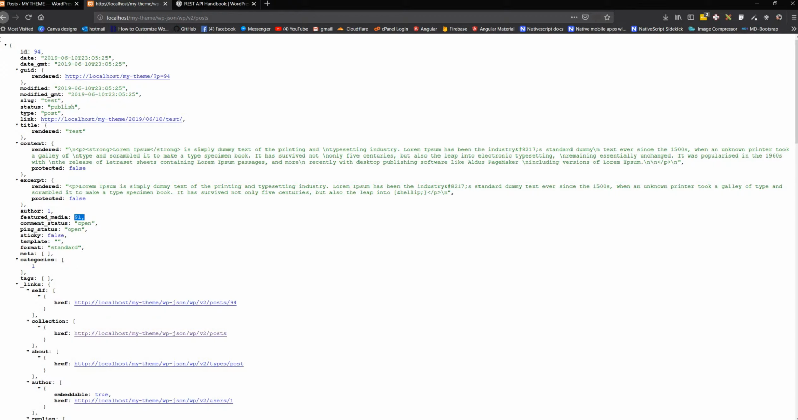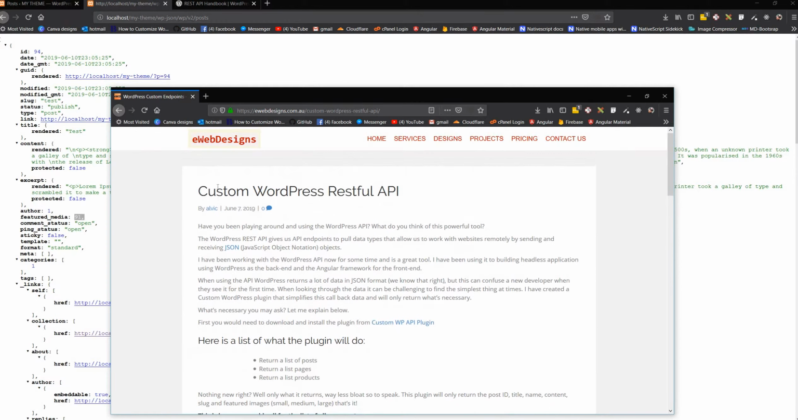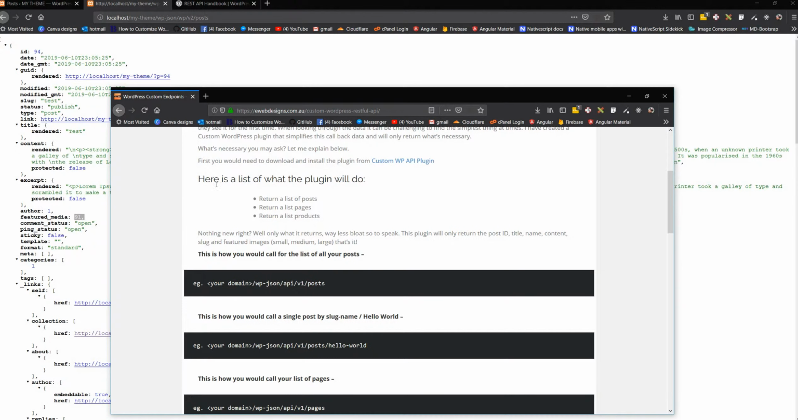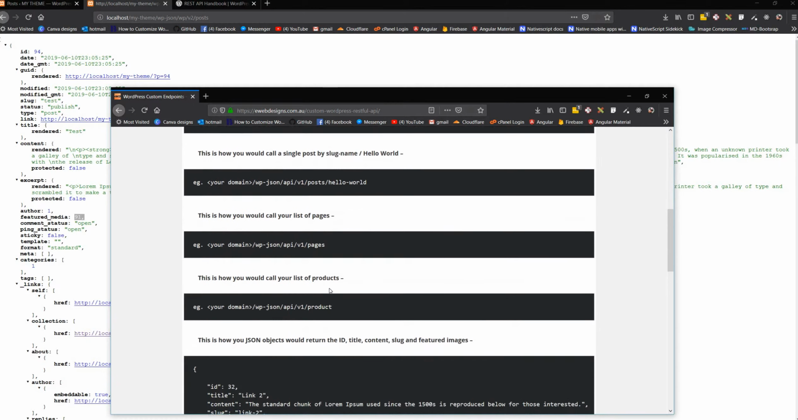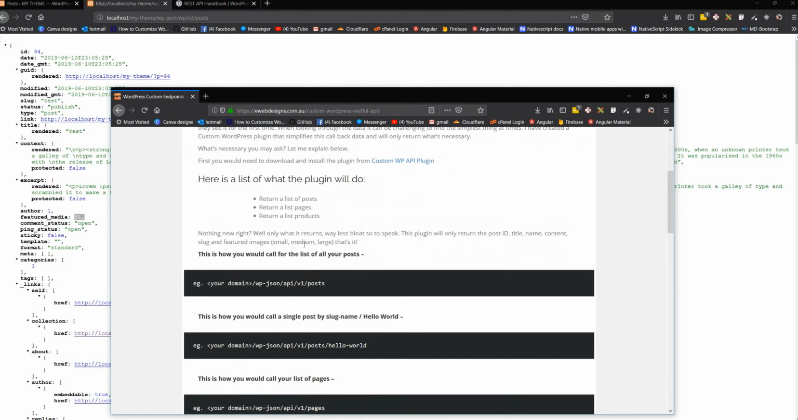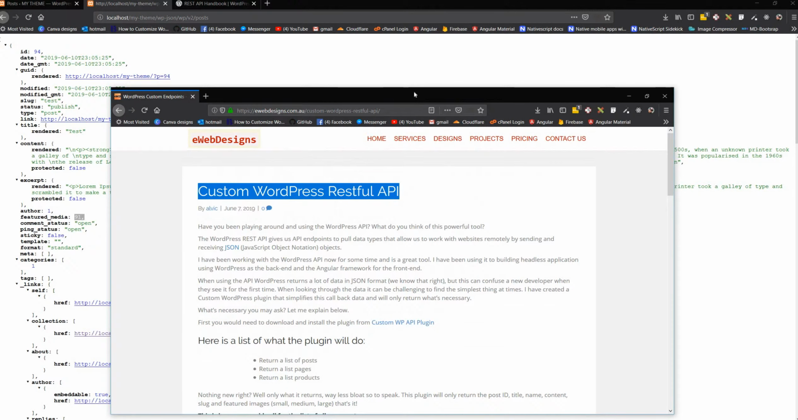So we'll have a look at the plugin. I have a website here, eWeb Designs, where I've got the custom WordPress REST API, explaining what it is and what it does, how to use it, what it returns and how it returns it, and all that sort of good stuff. So if we go back and check out the plugin,